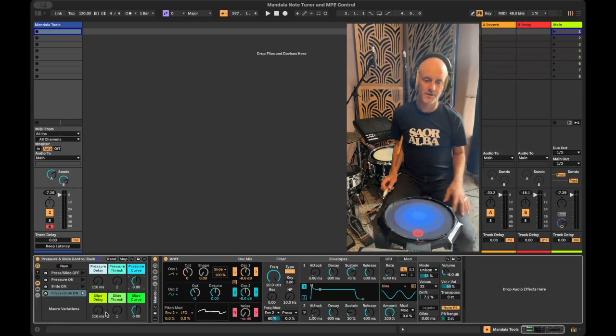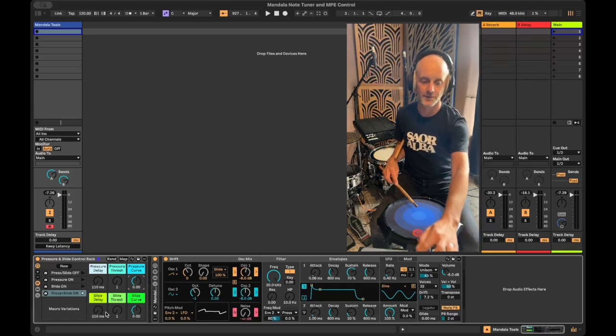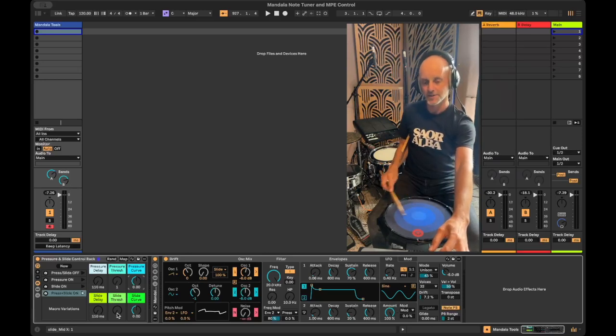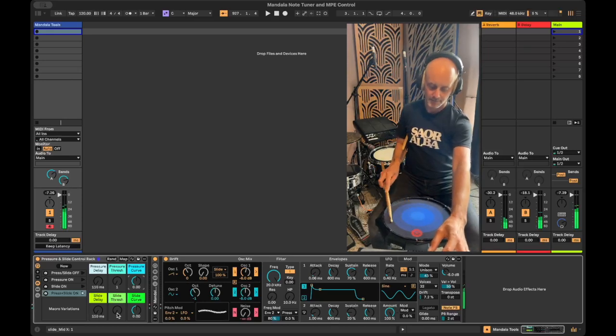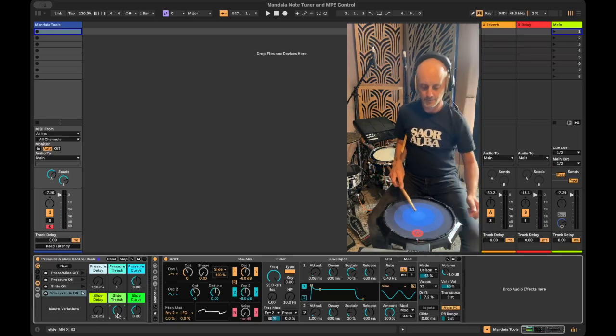Same kind of controls for the slide effect, slide delay. Again, how long do you have to hold the note before the slide comes into effect? The slide threshold will mean how far across the drum do you need to move before the slide modulation comes into effect. So if I have it set low, it's going to come into effect right away. If I set it a little bit higher,